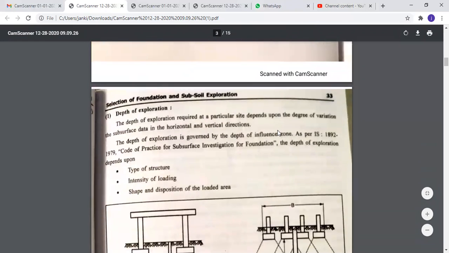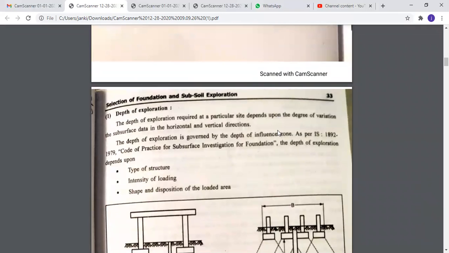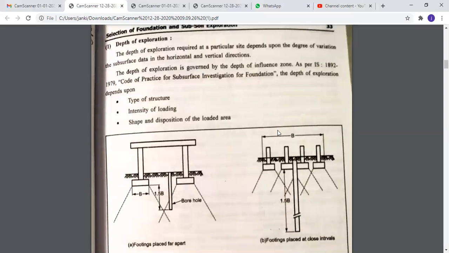The first one is the depth of exploration, right? The depth of exploration required at a particular site depends upon the degree of variation of the subsurface data in the horizontal and the vertical direction, right? So the depth of exploration is governed by the depth of influence zone, right? So as per IS